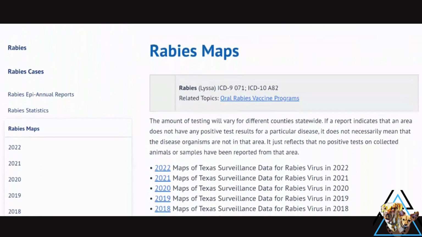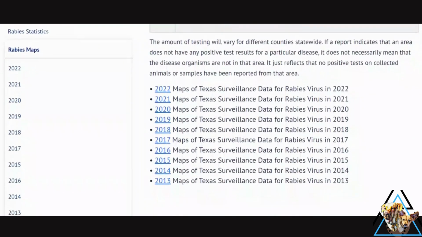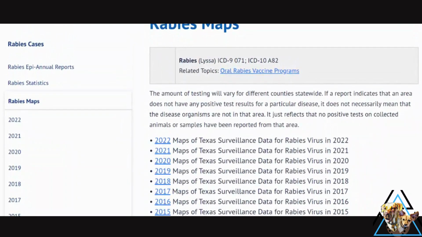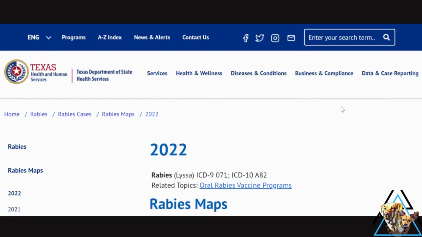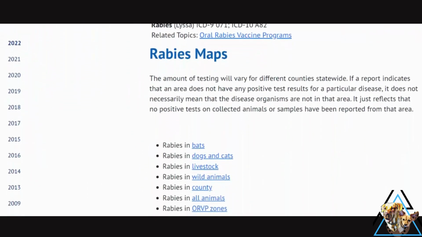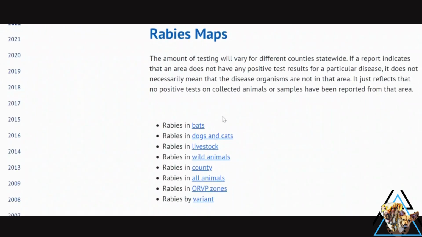You can click on all these maps and then you can get maps, one for bats, one for dogs and cats. We'll do rabies in all animals, and it shows a map for 2022 and the statistics on that. So it's got a lot of really good resources.